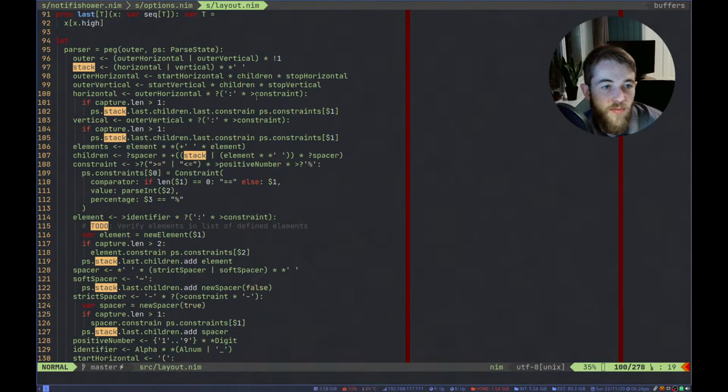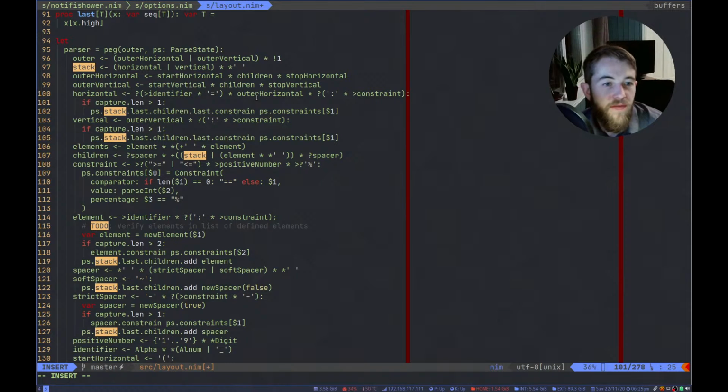So I think we want to put it in here. And I think we want to do an optional capture of identifier followed by a literal equals sign, followed by that.